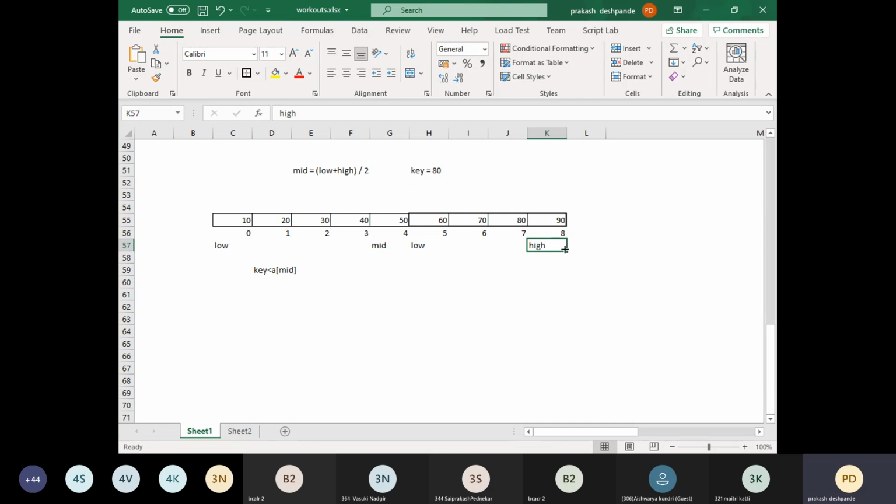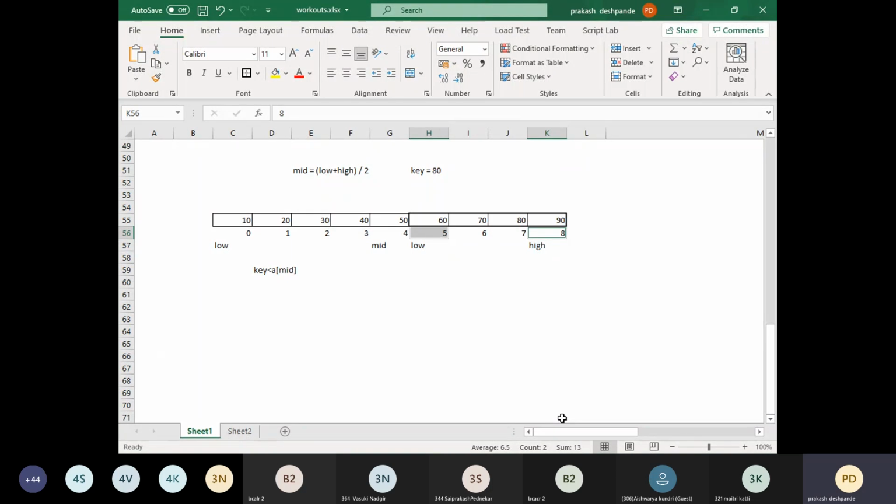Now next, I need to repeat the same steps. What are those steps? I need to first again calculate the mid. In this case, mid is calculated as low plus high divided by 2, so 5 plus 8 divided by 2.